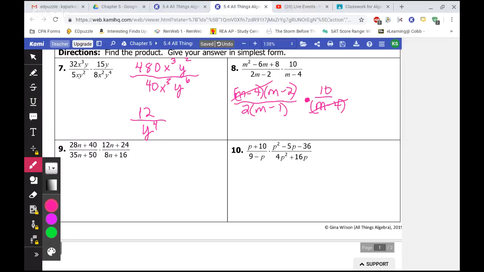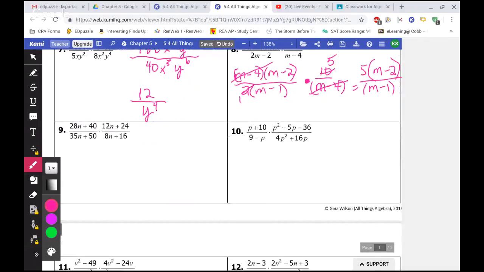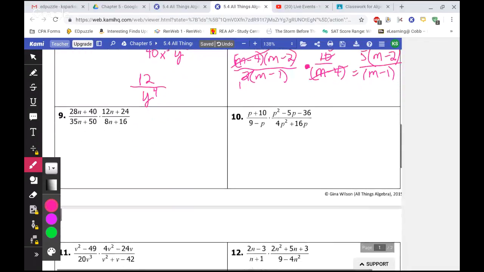So in this case, the m minus 4 cancels, and then the 2 goes into 10 5 times. So now we're left with 5 times m minus 2 over m minus 1. And you don't have to distribute that 5 to the m and the minus 2. You can leave your answer just like that. Okay, for number 9,